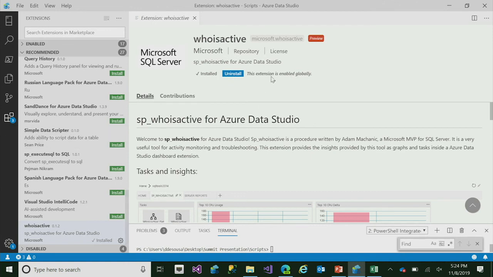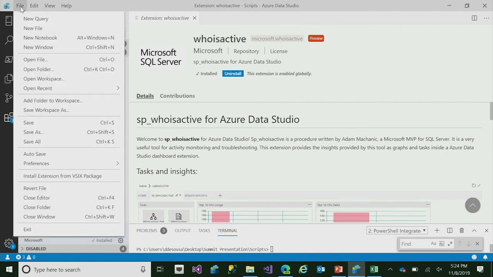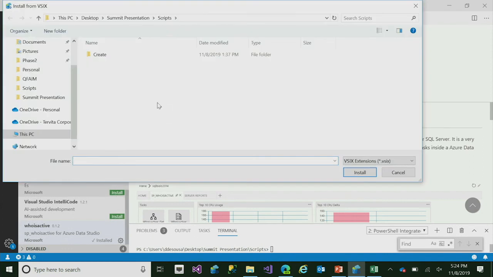There's two ways. One of the ways is just go and click install. It'll just install automatically. And another way is you can create an extension. Anyone can create an extension for ADS, and you create a VSIX file, and then you can go install extension from the package, VSIX package. I believe I have one in here. Yep, the PowerShell formatter,